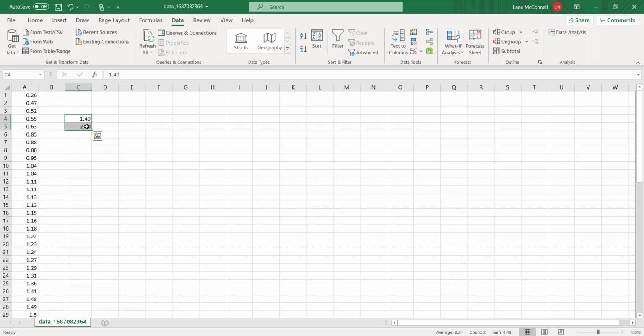So if I go down to the corner of this box that I've highlighted with just those two numbers in it, it turns into a plus symbol, and I can drag this and it'll automatically generate the list in the same increments. So it'll basically count in increments of 1.5 all the way down. And these are all the upper class limits. So this is going to represent all the ones from 0 to 1.49. This will be all the ones from 1.5 up to 2.99. So I just need all the upper class